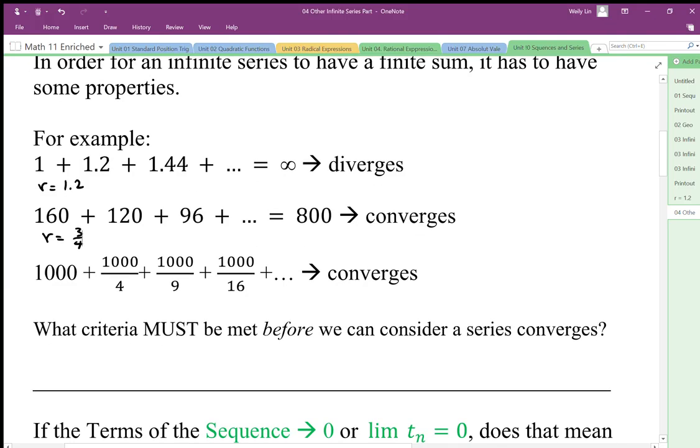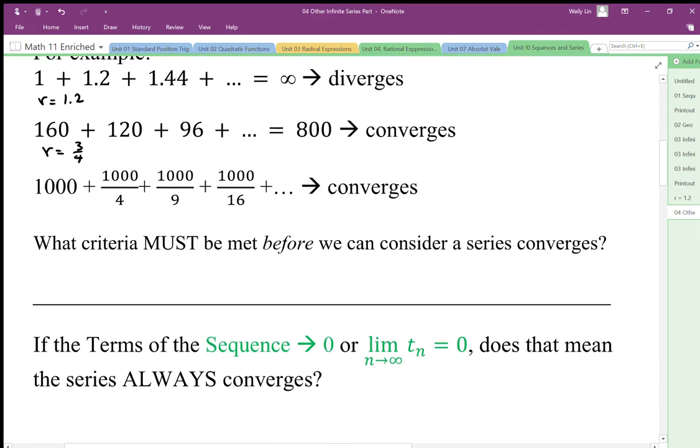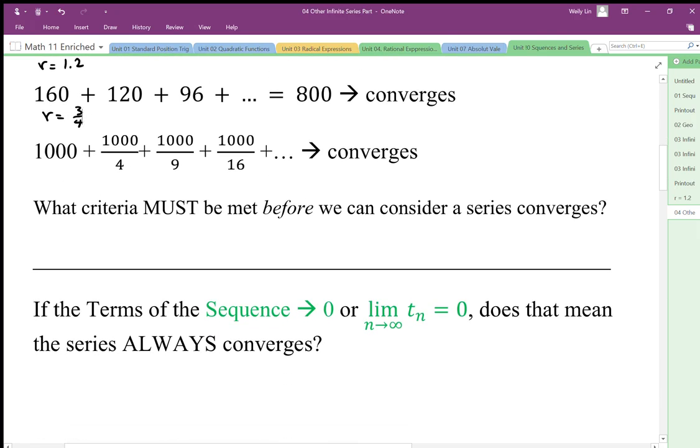So one thing about geometric series is that they get small enough fast enough so that they all will converge, because the denominator is exponential. Sometimes the denominator is not quite as powerful as the exponent, so in this case it's a square, but this denominator is still getting big enough fast enough for the term to go to 0 fast enough for it to converge. So there's some criteria that we have to observe before we can consider a series to converge. And the criteria that we must meet, this is not the only criteria, but we have to meet this criteria, is that the terms